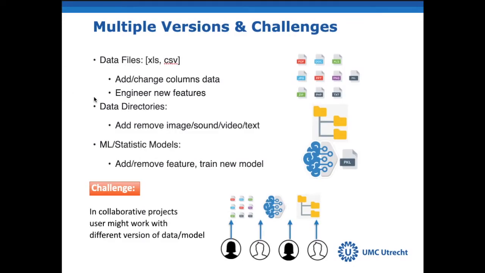To start with, we all have the situation of working with multiple versions of data. For example, it might be a CSV file or an Excel file. Sometimes you want to change some columns there, or change the type of some of those. If you're a data scientist or a data engineer, you probably sometimes want to introduce a new feature. Depending on the type of data that you work with, you might dump your data as, for example, an image file or JPEG file, or a soundtrack or a video or a text somewhere in your data